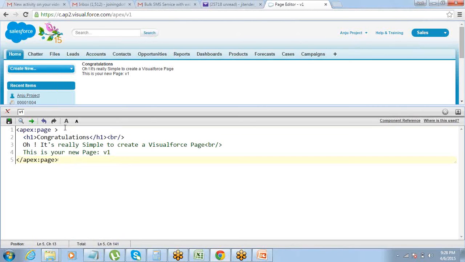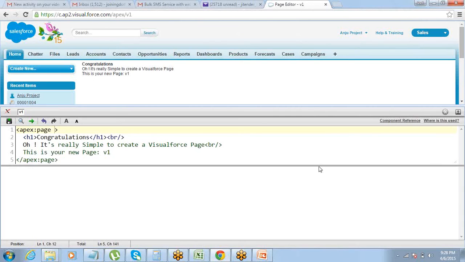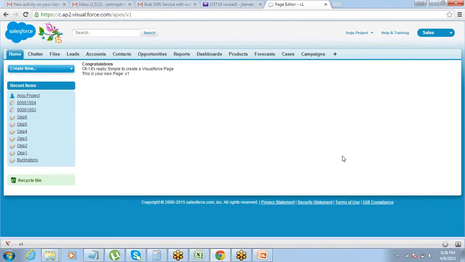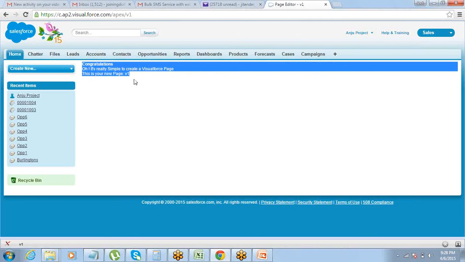The last thing that we were talking about was that controllers are defined as the attribute of the page component. So the Apex page component is a must. Right now we do not have a controller defined here, which means this is a page which does not have any controller. This page just has markups, so there is no set of instructions here. It is just a plain page which is not interactive, which does not do anything, which does not even display data from the database. So it does not require any controller. There is some static value being displayed here. So that's fine.